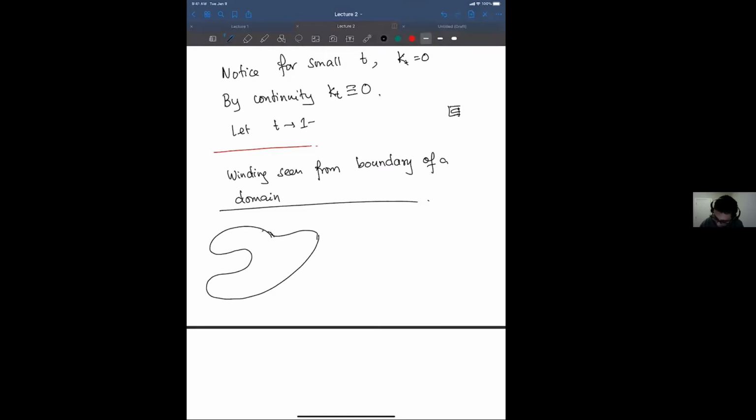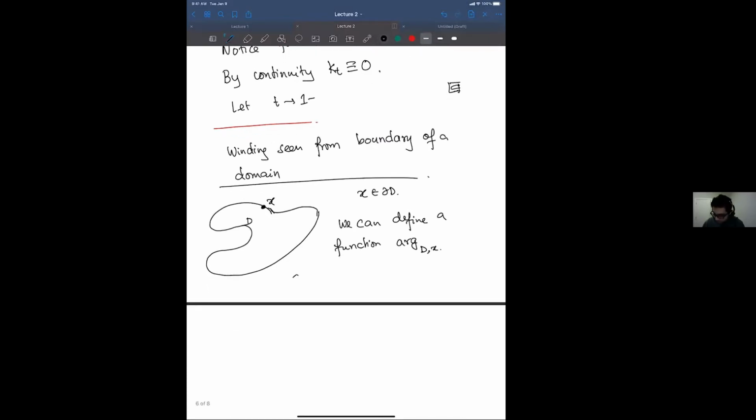Okay, if you have some domain which itself winds a lot, then it's fine. But let's take some domain like this. So this is my D. This is a marked point x. x belongs to the boundary of D. Everything is smooth so far. So we can define a function, let's call it the argument function in D seen from the point x, such that